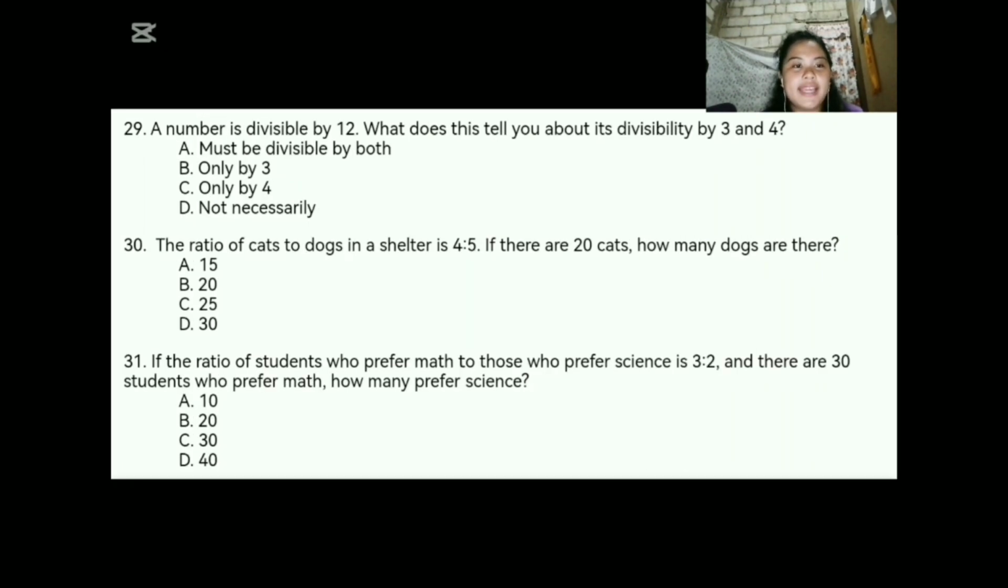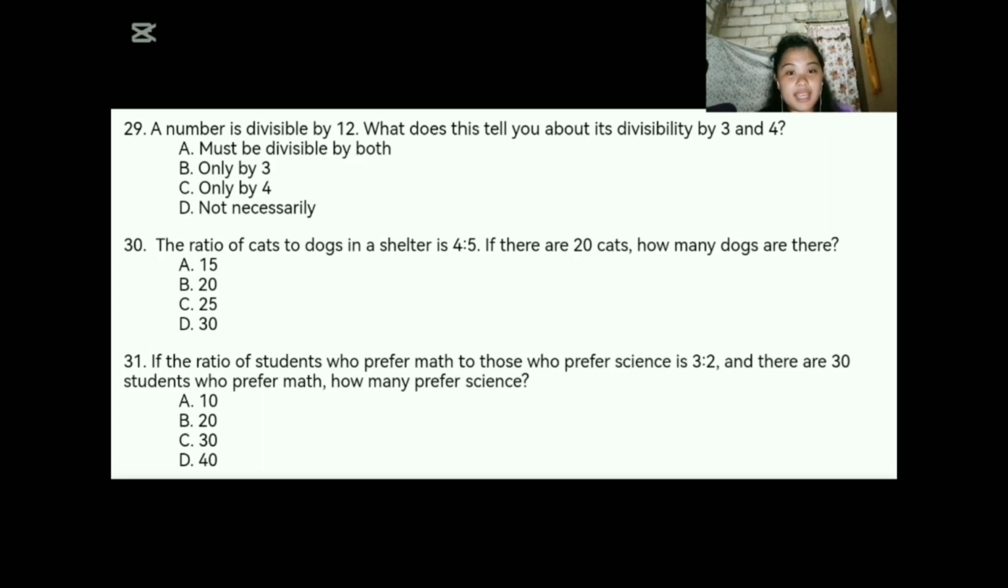So number 29, if a number is divisible by 12, what does this tell you about its divisibility by 3 and 4? So it is similar to number 28, which is also about divisibility. So we know that a number is divisible by 12 because it is also divisible by 3 and 4. So the examples of numbers that are divisible by 3, 4, and 12 are